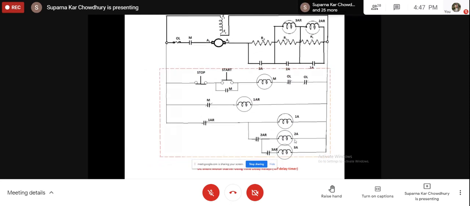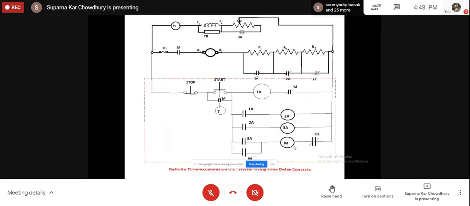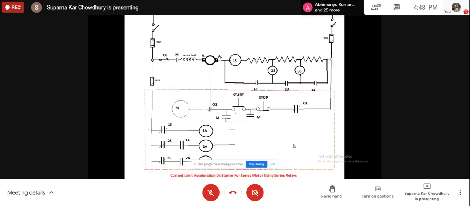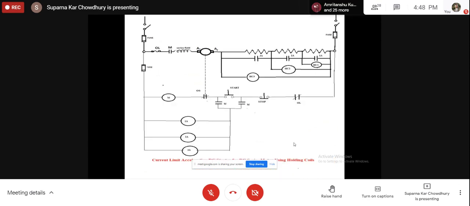Then the shunt motor starter with an off delay timer, and the shunt motor starter with time delay contacts, and two circuits for the series motor: one with a current sensing relay and this one with holding coils. Next day we'll go for the